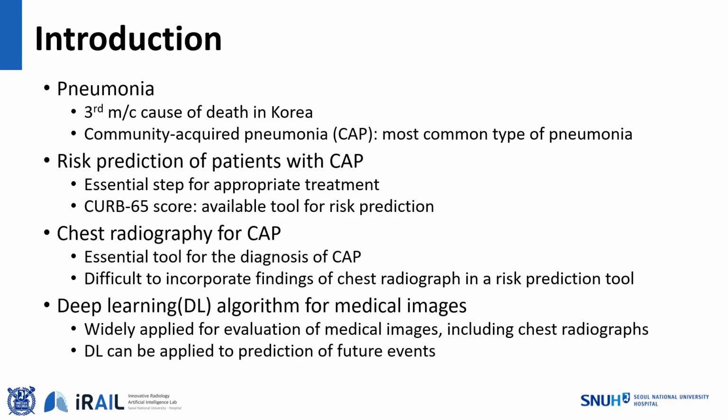To this end, risk prediction tools like CURB65 based on clinical indicators have been explored. Chest radiography is a vital tool for diagnosing CAP, as most CAP patients undergo chest radiography at the point of diagnosis. It can be utilized for risk stratification. However, incorporating chest radiography findings into a risk prediction tool has been challenging due to the potential for inter-reader variability